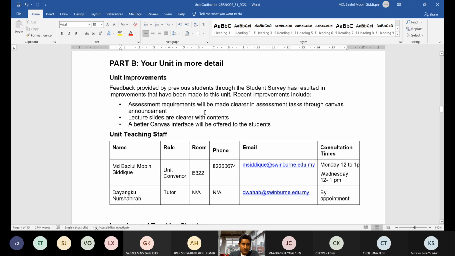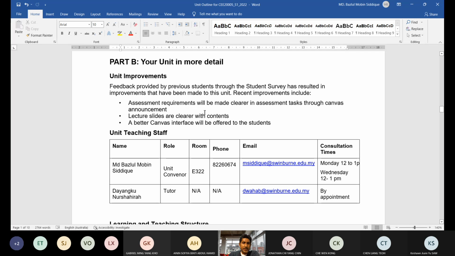Unit improvement. Previously, a student said that the assessment task was not clear last year, not everyone, but there was a comment that the assessment task was not clear. So I have taken it seriously, and this time I will try to make it clear from now, from the Canvas